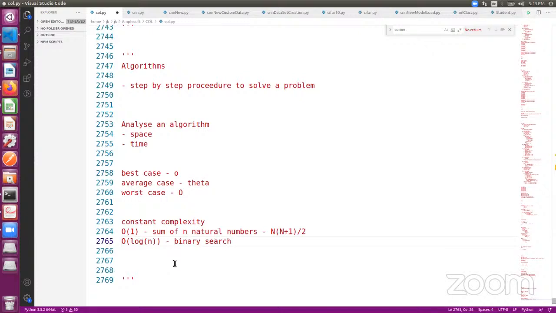Some of you would have heard about it. If you don't know, not a problem. We'll discuss this problem step by step in the next class. Binary search takes order of log n. If you don't know anything about binary search, not at all a problem. We'll be discussing the entire concept in the next class. And the next thing is order of,